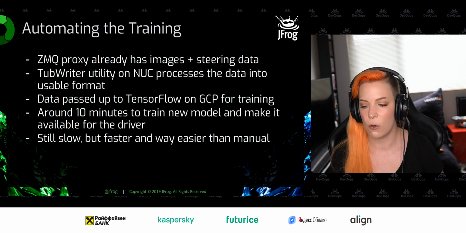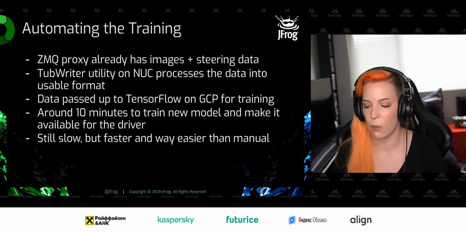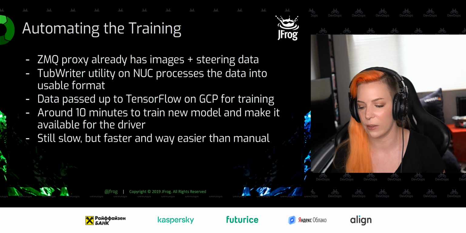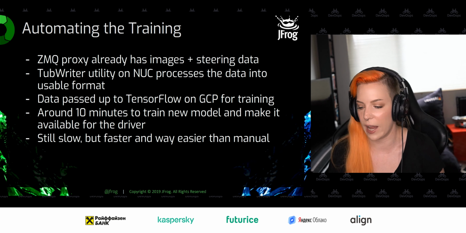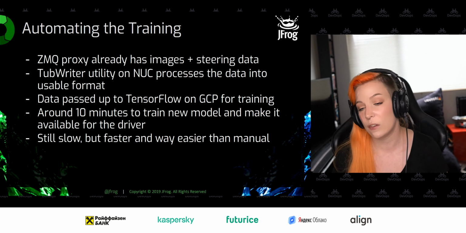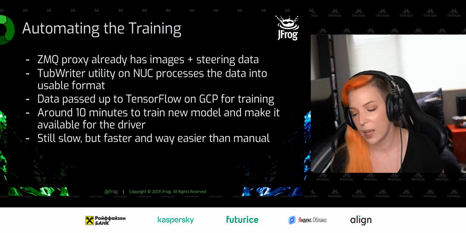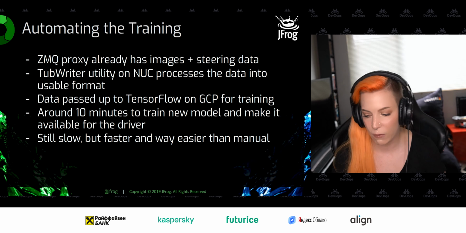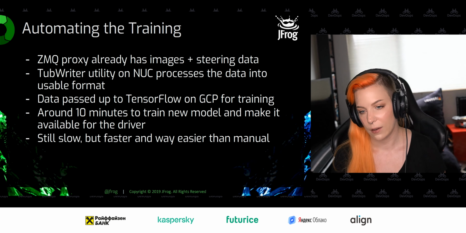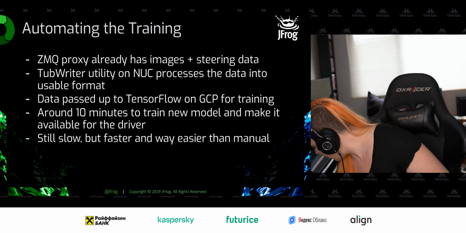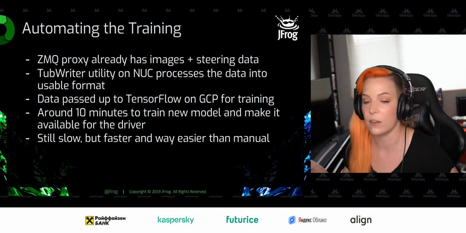So whenever a new model was available, the driver's UI would update to reflect that availability and allow the user to select that on screen instead and let it drive around the track. This was still pretty slow, actually, up to like 10 minutes, but it's still faster and easier than stopping the car, manually moving the data over, waiting for the model to train on a laptop, and then moving the model back to the car. Because the car, if we can switch back to the camera view,